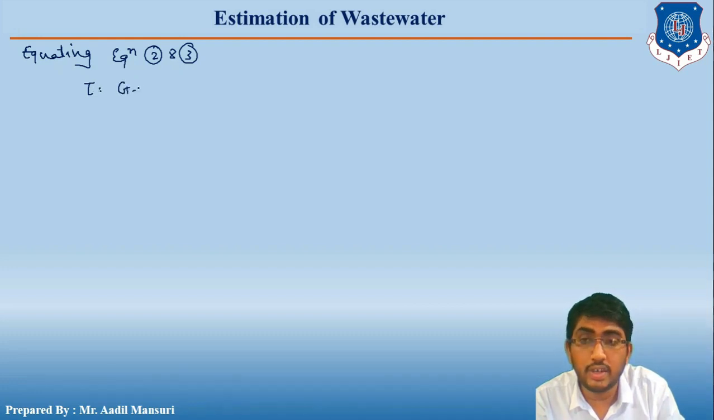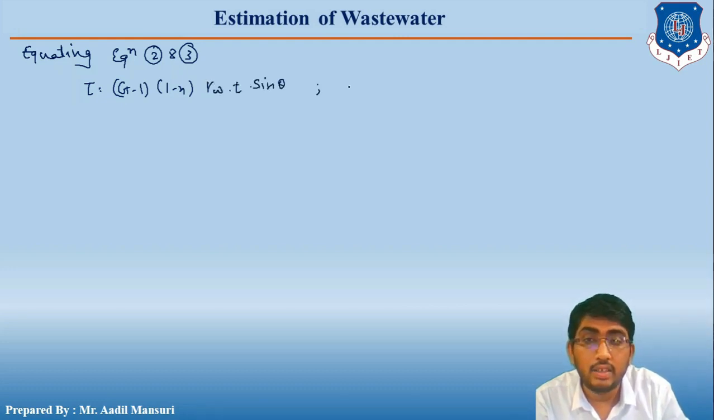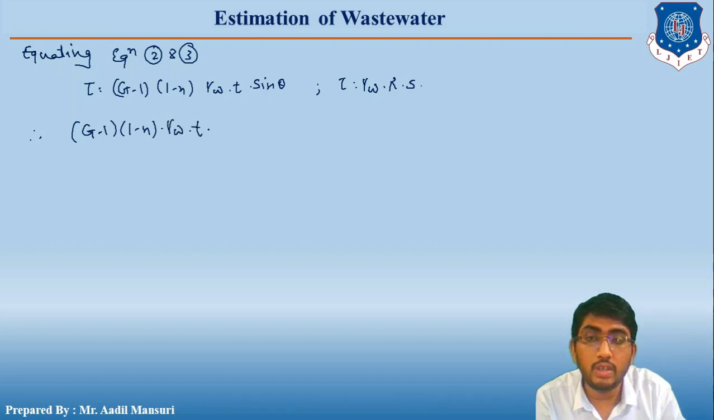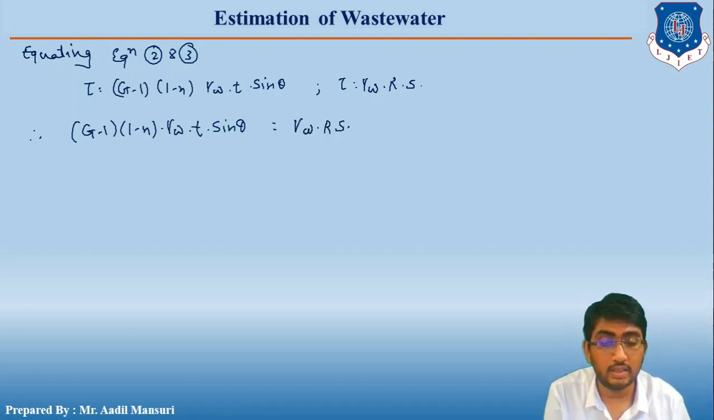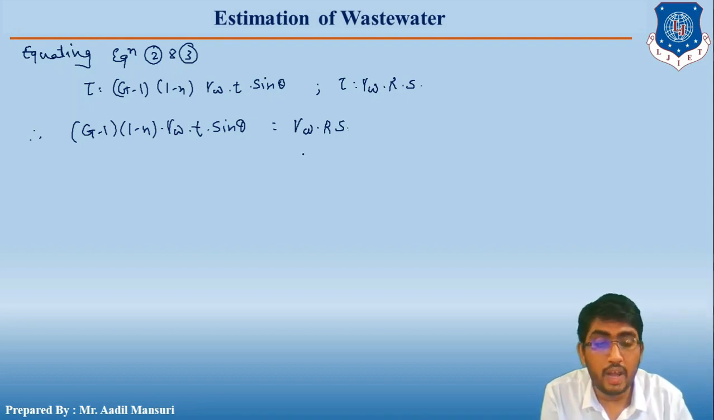Tau equals (G minus 1)(1 minus N) gamma W T sine theta, and tau equals gamma W R S, right? So let us equate both of them. Therefore (G minus 1)(1 minus N) gamma W T sine theta will be equal to gamma W R S. Okay, so gamma W will get cancelled out, right? Therefore,